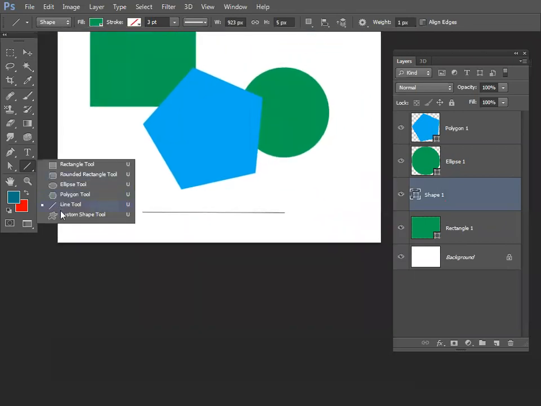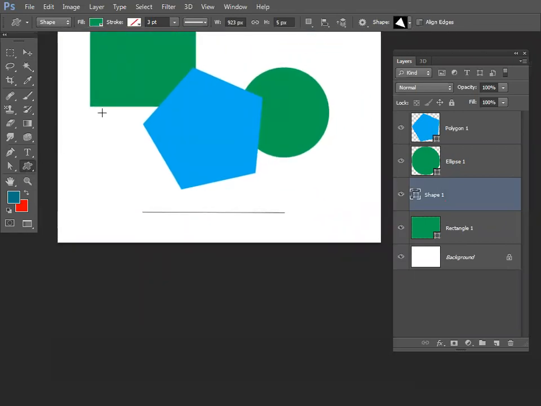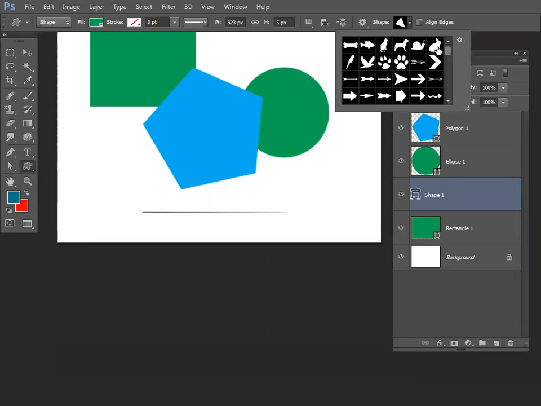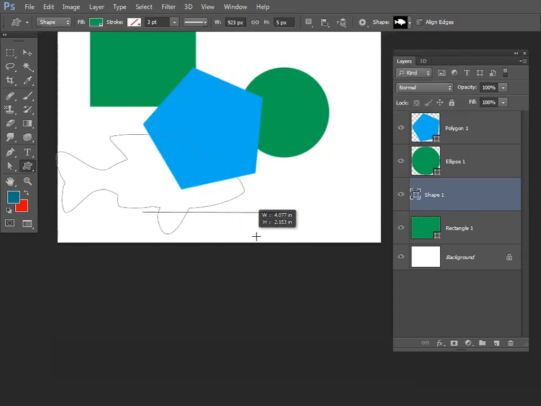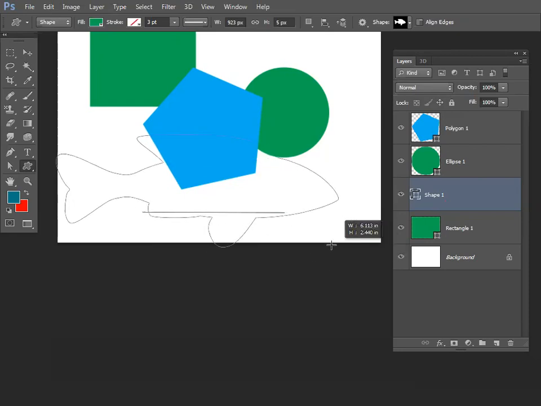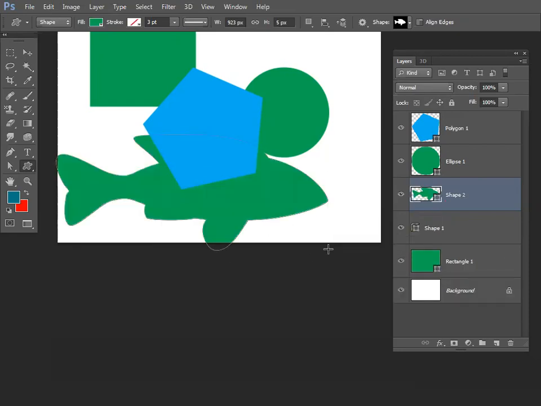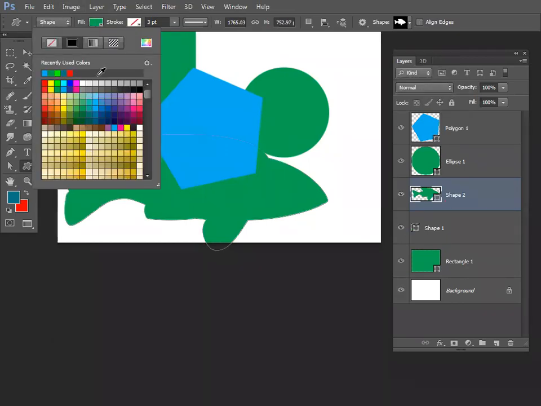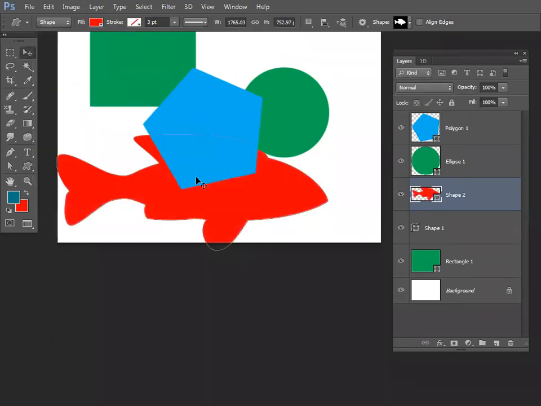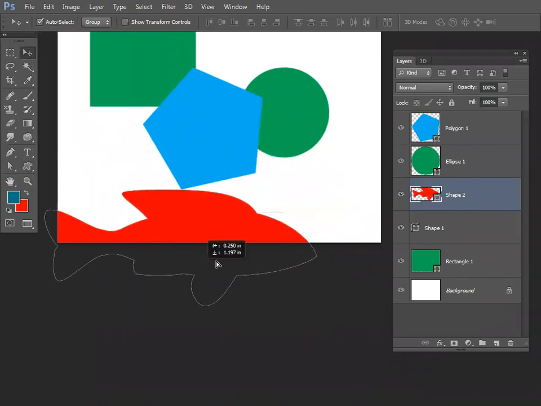If you go to custom shape, you can draw any shape like this bunny, fish. When I'm drawing, you can see a path is drawn first, and then the path is getting filled with the fill color here. I can choose a different color. This is custom shape.